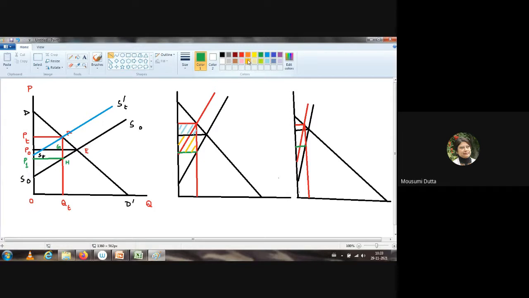And I hope you are understanding. This area is even getting, the area is even increasing. So this is happening. As the supply is becoming more and more inelastic, other things remaining constant, the relative burden